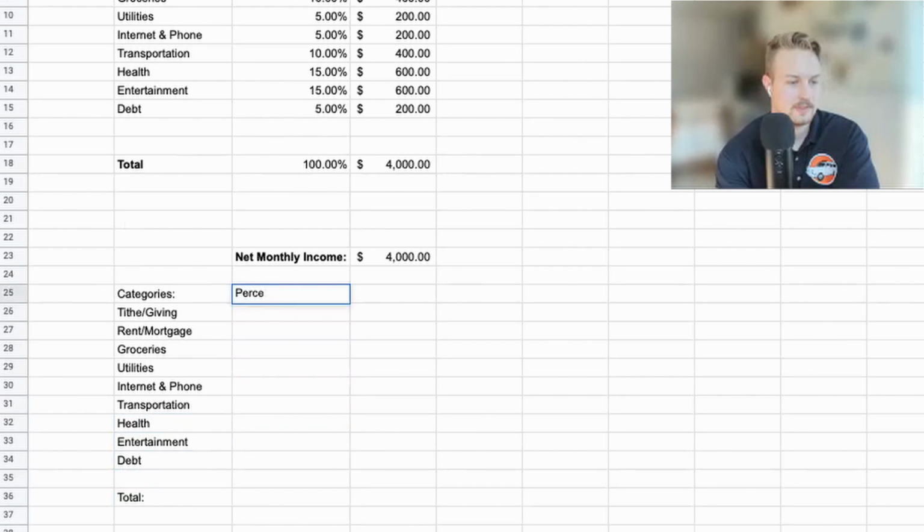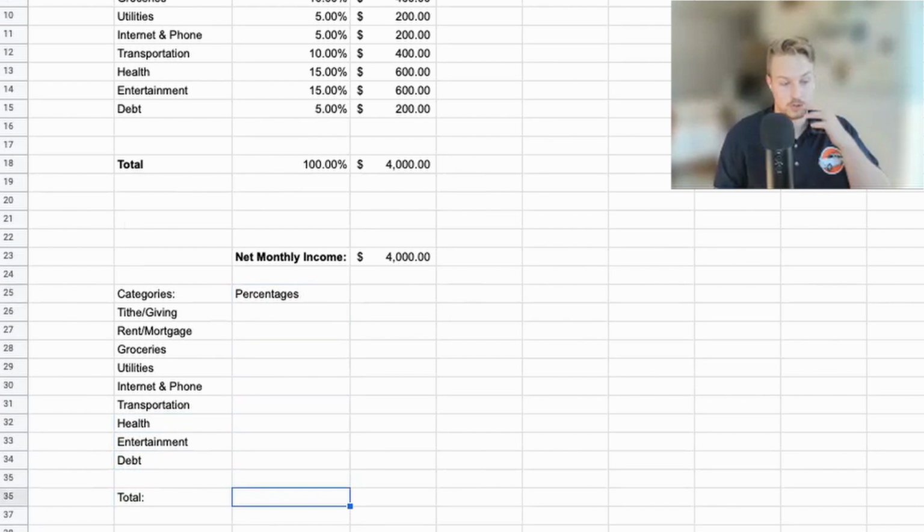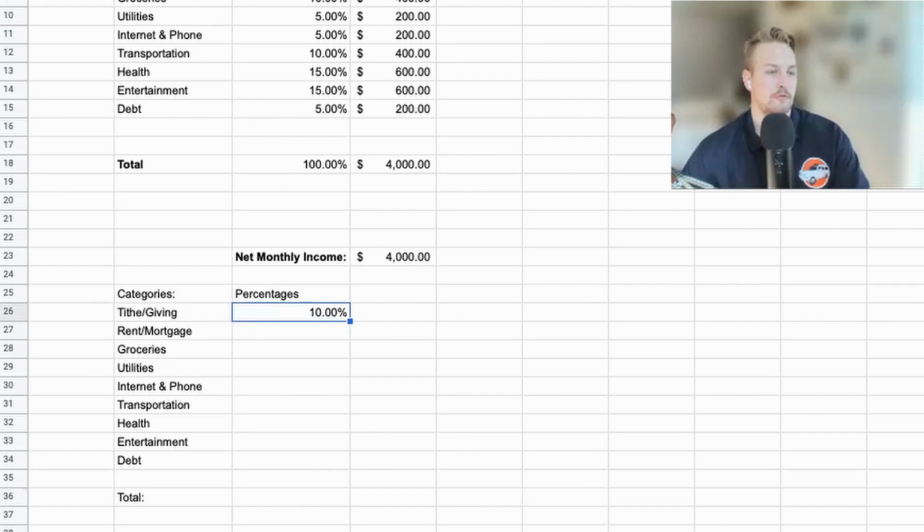it adds up to 100. And the reason that's important is because we want to ensure every dollar in our budget has a purpose and it's going somewhere. So we need our total to be 100%. So for tithe and giving, this looks different